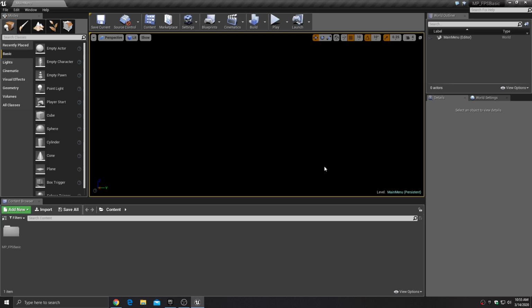As with all the other products that I sell, this is also made to conform with the other templates that I have on the marketplace, such as the simple capture the flag and the multiplayer teams and class select. So I don't want to have to rehash every single thing that I've already talked about in those videos. Anyone who owns this FPS basic template, I would encourage you to also watch the videos that pertain to the simple capture the flag template and the teams and class select, because there's a lot of similarities